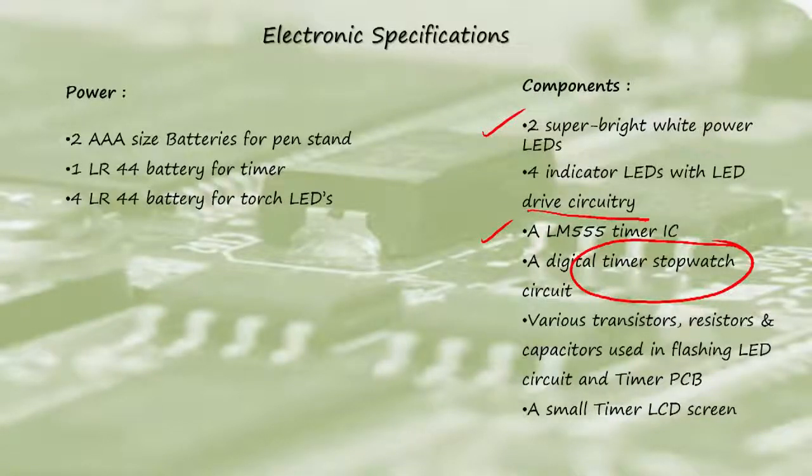So we do not have much time. So this particular thing also has a stopwatch circuit, meaning it will give you a lap type of time, you can use a lap time or you can have cumulative time, and then there are various other features, and you have a small screen here which will show you the time. Then they have given the power supply, and then there is a small battery for the actual stand, and then the timer itself needs something to keep track of the time. It should not reset it here.